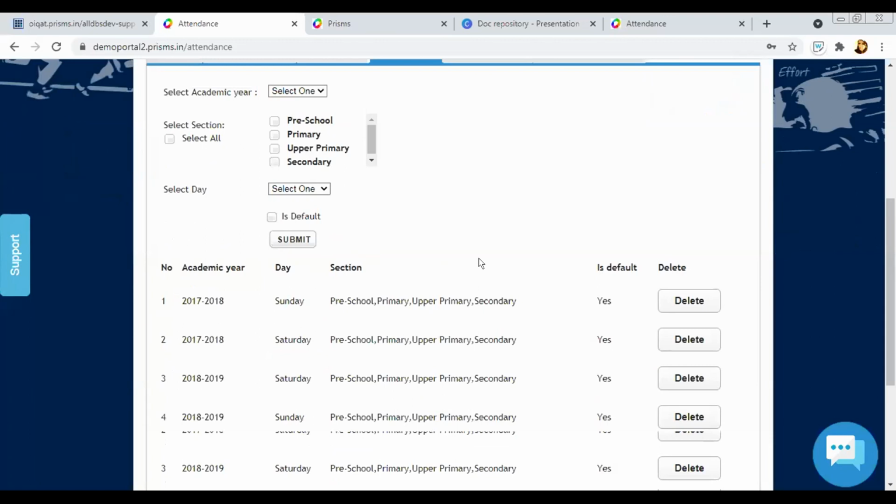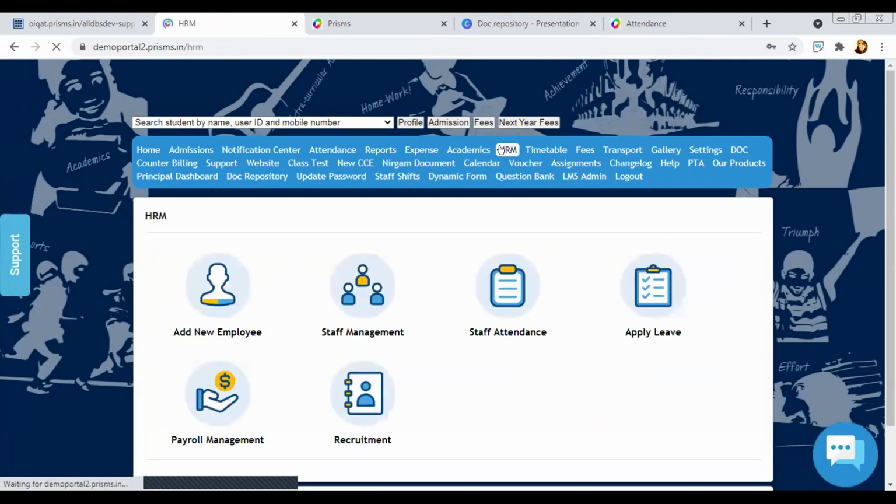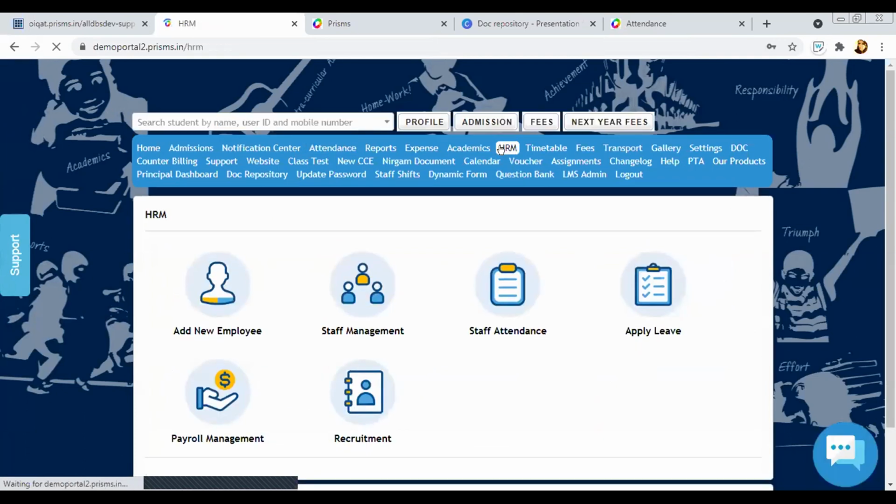Also, in brief, we have added a new option called online recruitment. Suppose your URL is dcps.prisons.in. You can open that URL, the online recruitment URL.